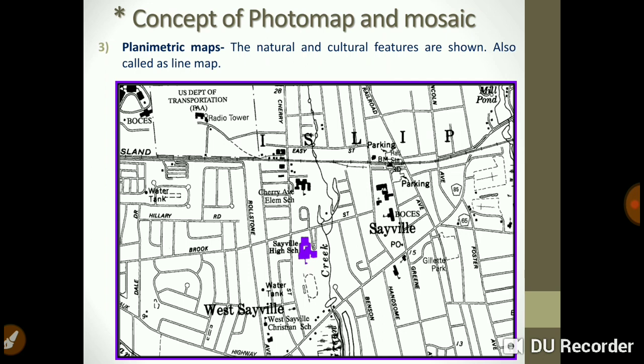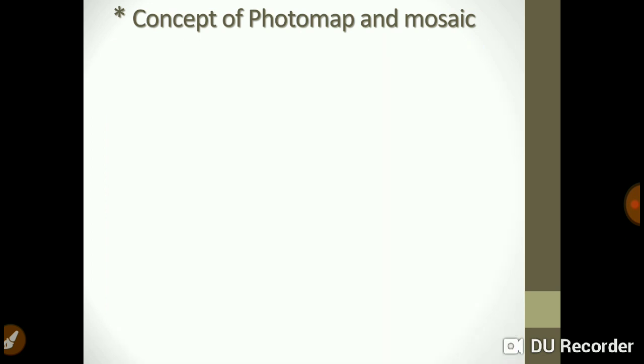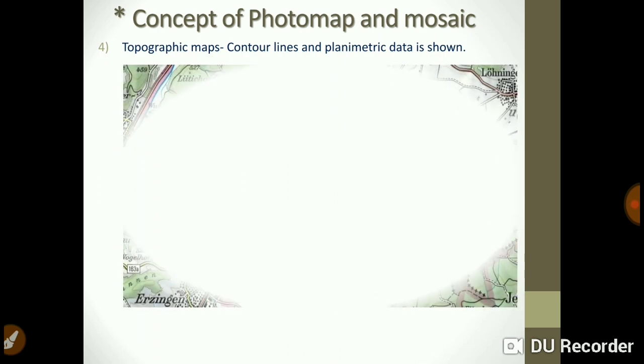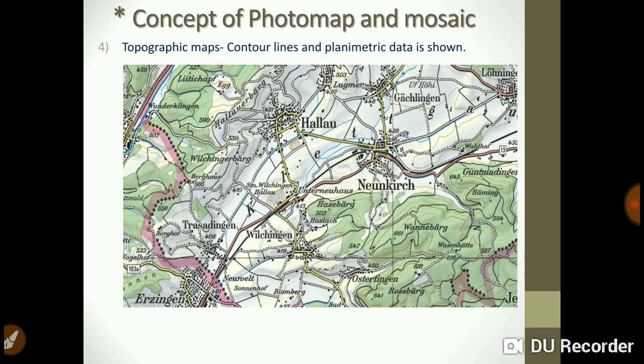Then the next type is the photographic map. In this type of photo map, the contour lines and planimetric data are shown. This is one example of a topographic map. Such maps are also known as topo sheets. So these are different types of photo maps.